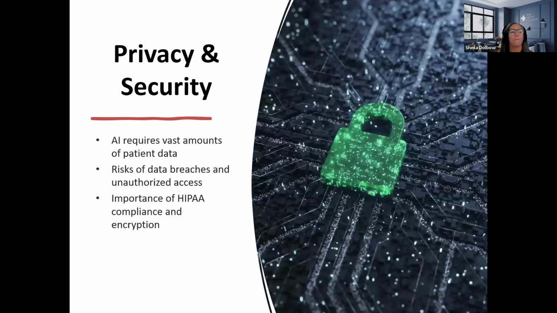Privacy and security, very much, we require a vast amount of patient data in terms of AI. Like it takes everything in. So there's a lot of information in these AI tools. And as with any other piece of technology, there's the risk of data breach and unauthorized access of patient health information. And so we have to make sure that HIPAA compliance is of top priority, that the encryption is there so that in the event you have some kind of a breach, people are not going to be able to access